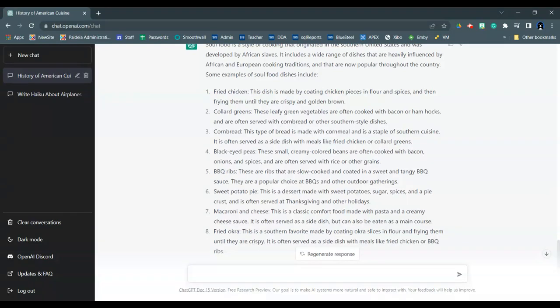And it decided for each of those different examples that it would give some details about what it is, in case we're not sure how fried chicken is prepared or whatever. So again, it's kind of doing more than just what I asked it for. It's inferring and it's making its own judgment calls about what information it's going to present and how it's going to present it to you. And that's where the follow up interactions are so good with this system.